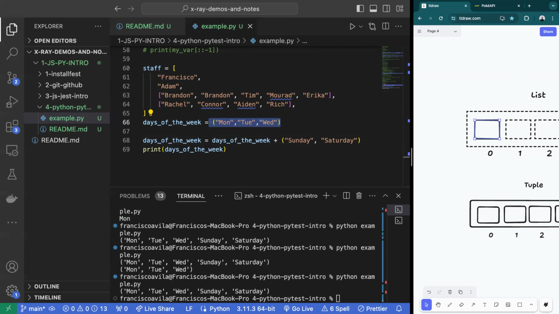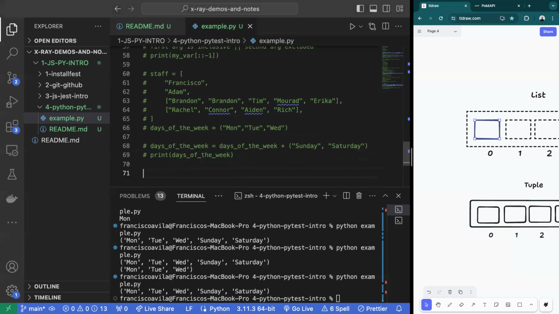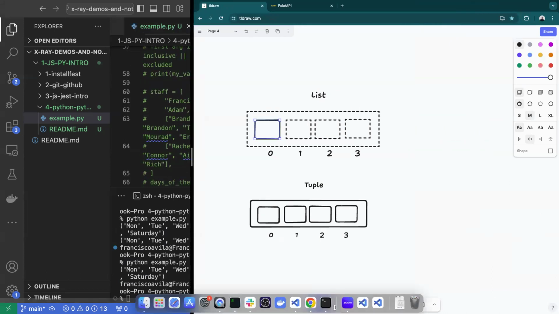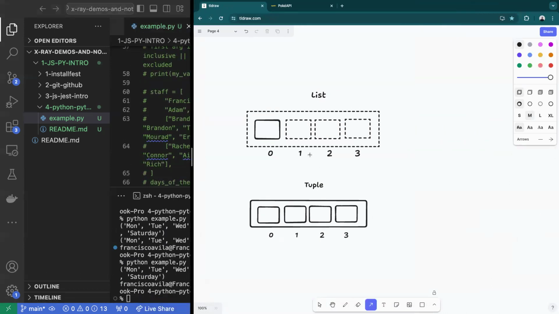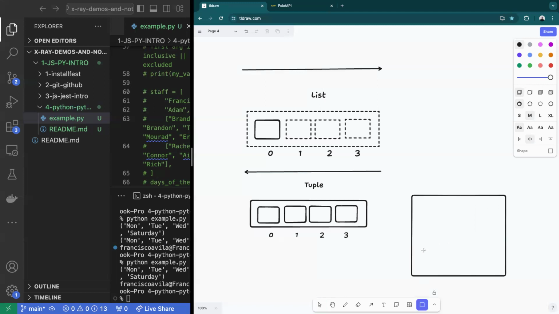So now that we've covered all this information regarding lists and tuples, we can move on to dictionaries before going on into our break. Dictionaries work very similarly to objects. They grant us direct access. Just like before, when I move through a list, a tuple, or any sort of iterative data structure, I'm starting from left to right or from right to left. But I have to iterate through the structure. I'm not just accessing one thing. Well, that's not the way that objects work, all right? So objects